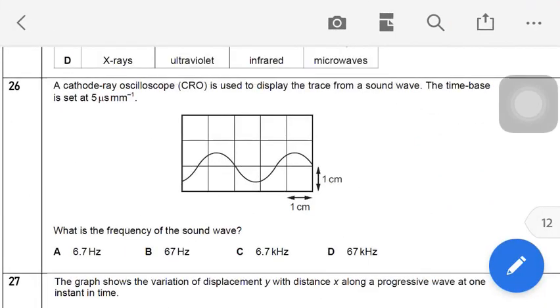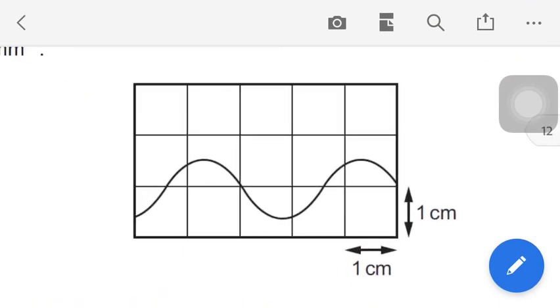Next, looking at question number 26. Again, if you haven't done it or read it, please pause the video and read the question. So this is an easy question. Now,